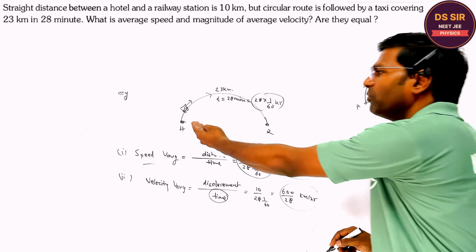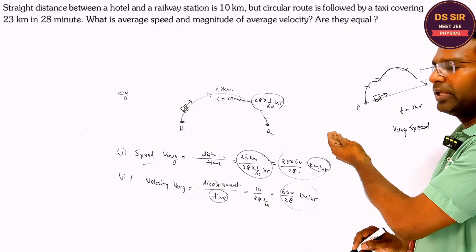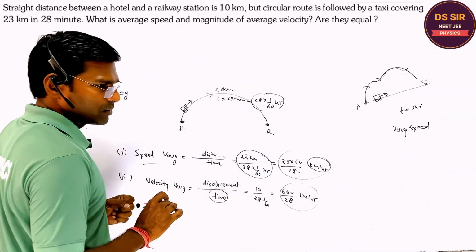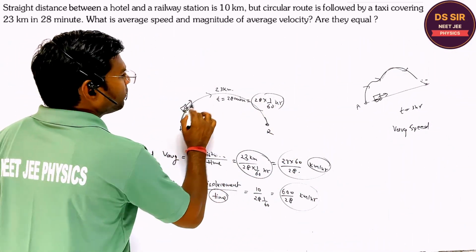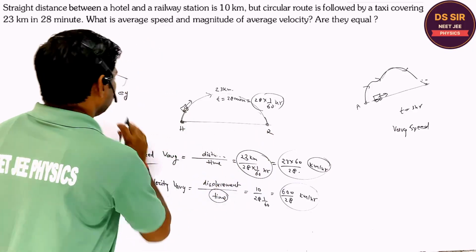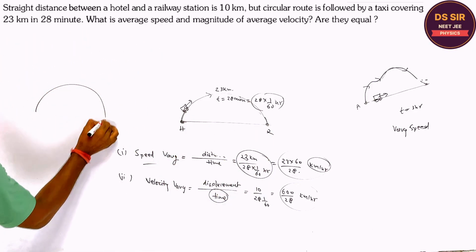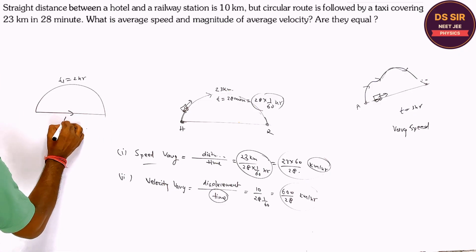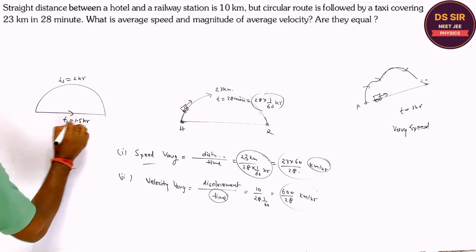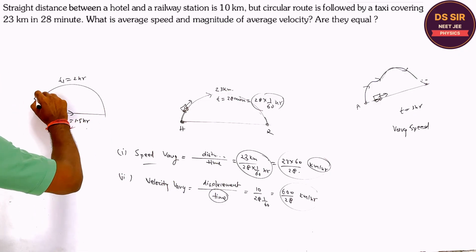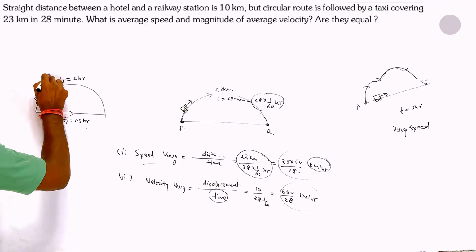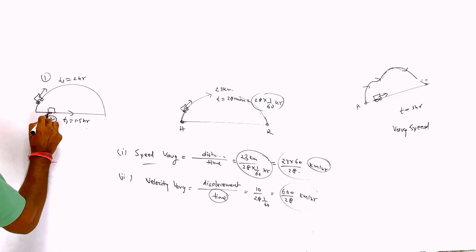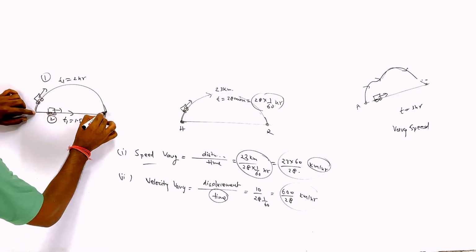If the car is moving along this direction, they will say there are two roads. This is one road, this is another road. I am writing this question. This is one road, the time is 2 hours. The other road, the time is 1.5 hours. So they will ask, this is path 1, this is path 2. So if the car is moving along the path, then average